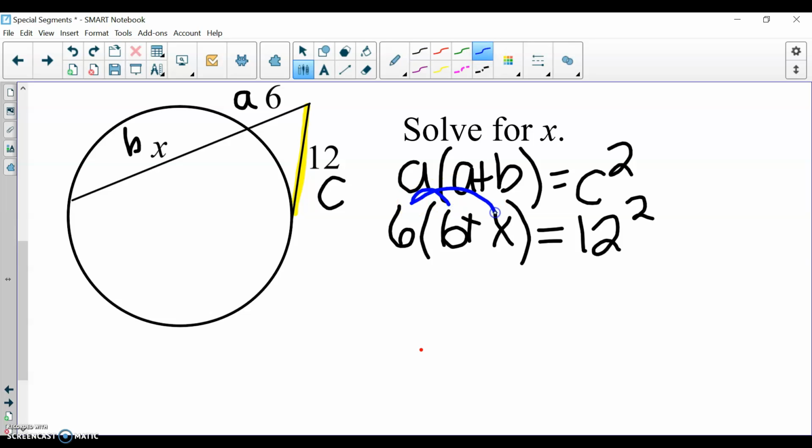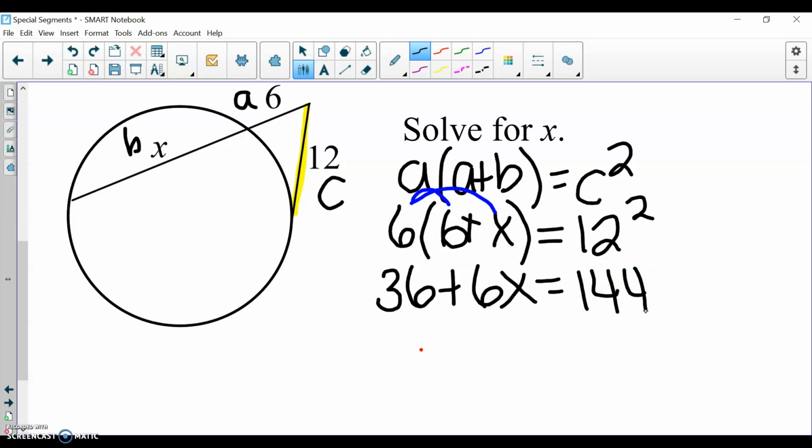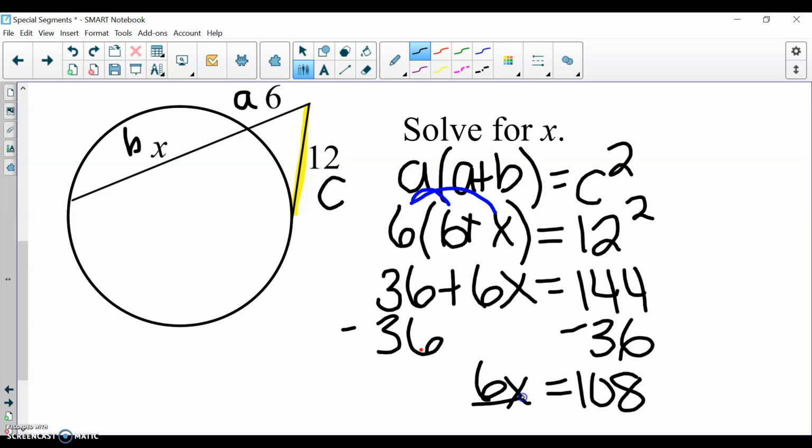Distributing on the left side, we'll end up with 36 plus 6x. 12 squared is 144. Let's go ahead and subtract 36. We get 108, and then divide by 6. So x is equal